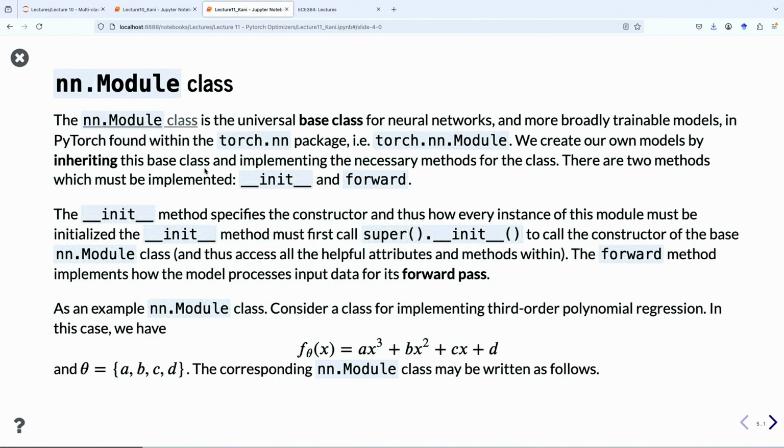Okay, and there are two methods that you should pretty much always implement. I don't think you have to implement them, I want to check on this, but you pretty much do always implement them. They are the constructor, where, when you create a neural network, you want to tell it what functions go into the network, and the forward method, where you want to say what the calculation is. So again, init specifies a constructor, and